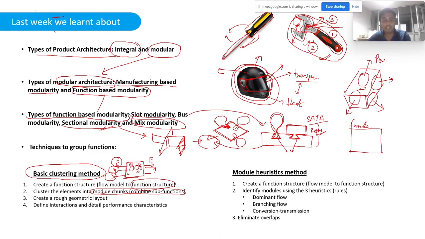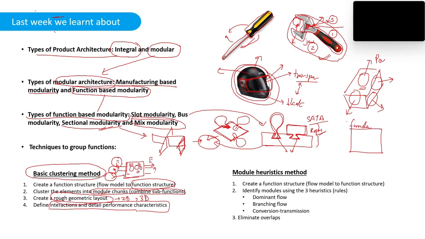Then we try to create a rough geometric layout. Those can be 2D diagrams or 3D forms of the particular module, and then we try to understand how these modules interact with each other and take appropriate measures in order to avoid any sort of unavoidable situations. For example, if there are some sort of electrical connections,